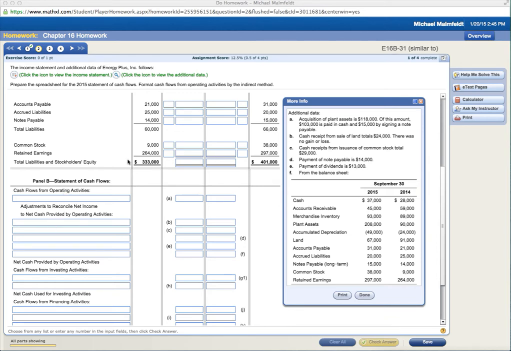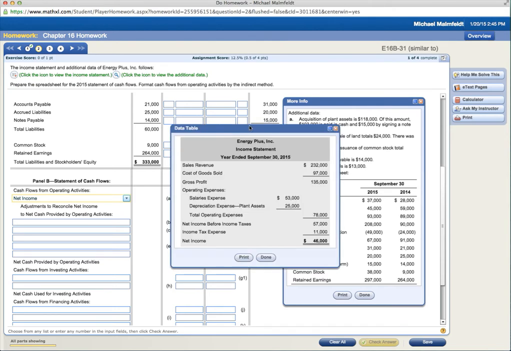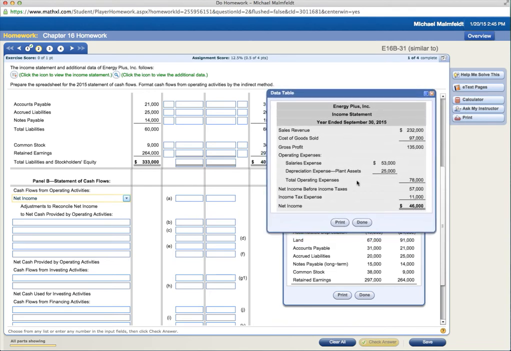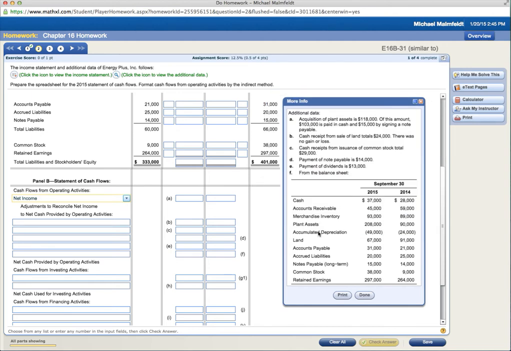So first of all, under the cash flows from operating activities by the indirect method means we're going to start with net income, assuming that it's a net income versus a net loss. Okay, so to be able to tell what that is and whether it's income or loss, I'm just going to take a look at the income statement here. And I see that net income for the year is $46,000. So obviously that's a gain. So I choose net income over here instead of net loss,